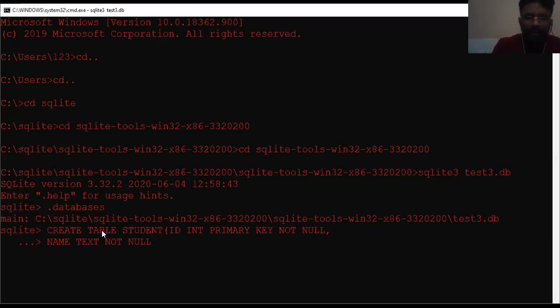Next we take address, suppose CHAR with size 50, and close the parenthesis, follow up with a semicolon and execute. This has been created. So the student table is created inside this test3.db database file.